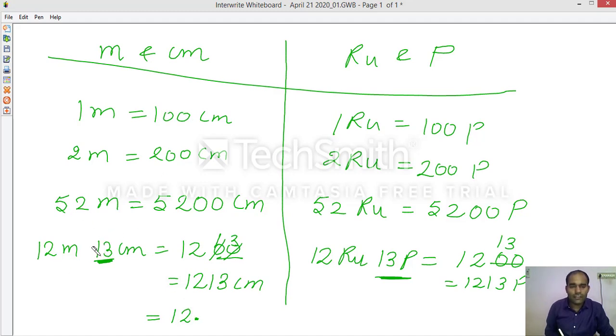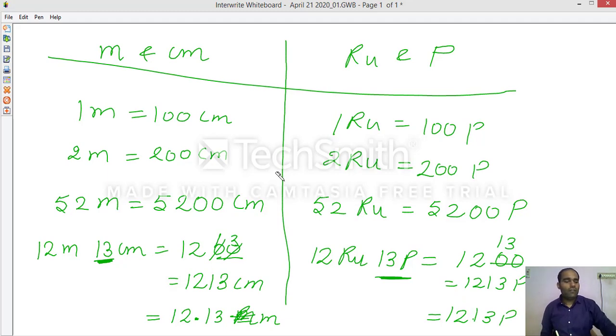So the digits are 13. So 12.13 meter, and 12.13 rupees. We have learned all of this in the previous class.